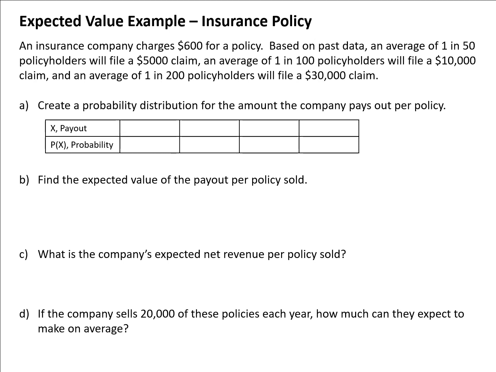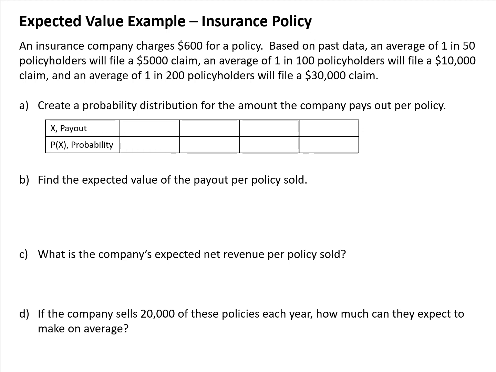Let's look at an insurance policy example with expected value. An insurance company charges $600 for a policy. Based on past data, an average of 1 in 50 policyholders will file a $5,000 claim. An average of 1 in 100 policyholders will file a $10,000 claim. An average of 1 in 200 policyholders will file a